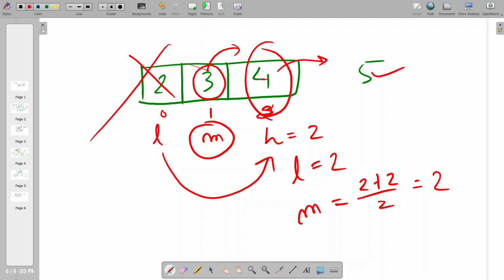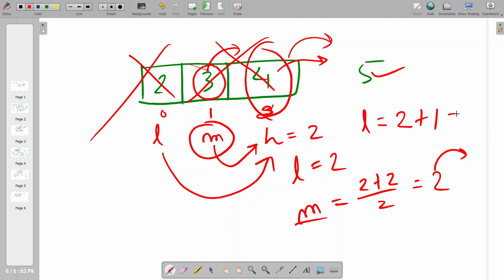Is this value less than the target? Yes, it is less than the target. That means I need to reject the left hand portion and I need to go towards the right. So now my low will become current mid value, which is 2. So it is one side right of mid. So earlier we jumped from mid one step towards the right. This time as well we'll jump one step after mid. So what is our one step after mid? 2 plus 1.